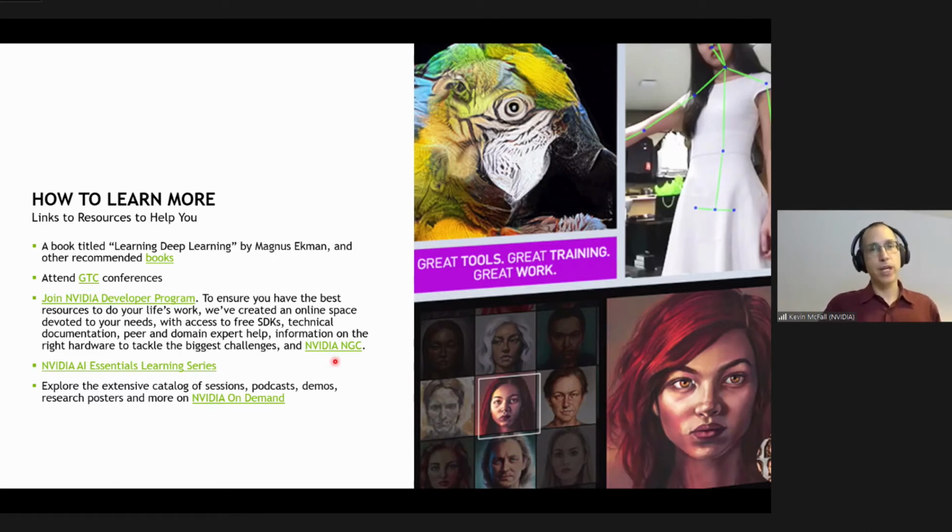In the NVIDIA NGC, there are all of these different Docker containers. So say you want to do something in natural language processing, and it's such a pain to set up the environment and all the dependencies and making sure all of the libraries are compatible with each other. You just download a container for natural language processing, you open it up in Docker, and you're good to go. You've got a virtual machine with all the dependencies that you need.